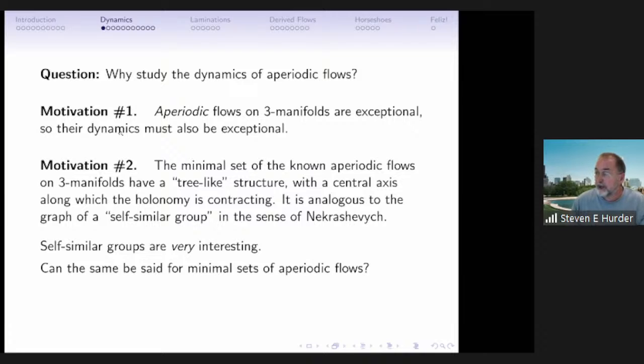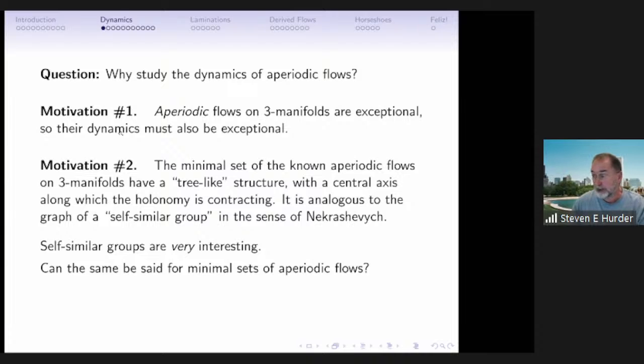So this is an open problem. What are the dynamics? Maybe it's going to be interesting. Now, another reason to study it, which we discovered as we worked through it, is that these flows generate a tree type structure. And over the past, say, 10 years, thinking about it, I've thought of the analogy with a self-similar group, where you take the Cayley diagram for the group and re-embed itself further down the tree. So these flows have a dynamical system property that looks like a self-similar group.